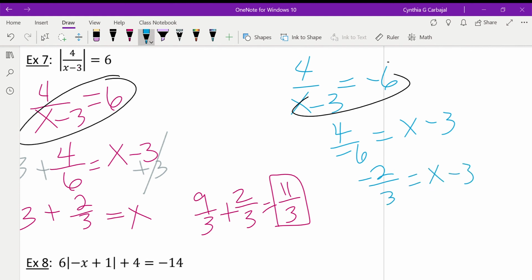And then let's get rid of the 3 by adding a 3. Alright, so I have, let's change that to 9/3 again, minus 2/3, or if you want to put it as a plus negative 2/3, it's the same thing. And since it's negative, we subtract and keep the sign of the larger one,